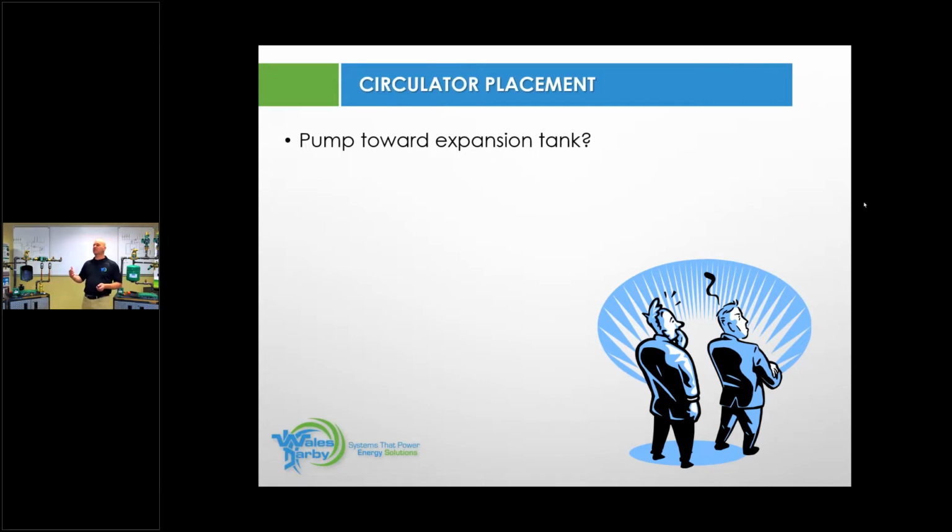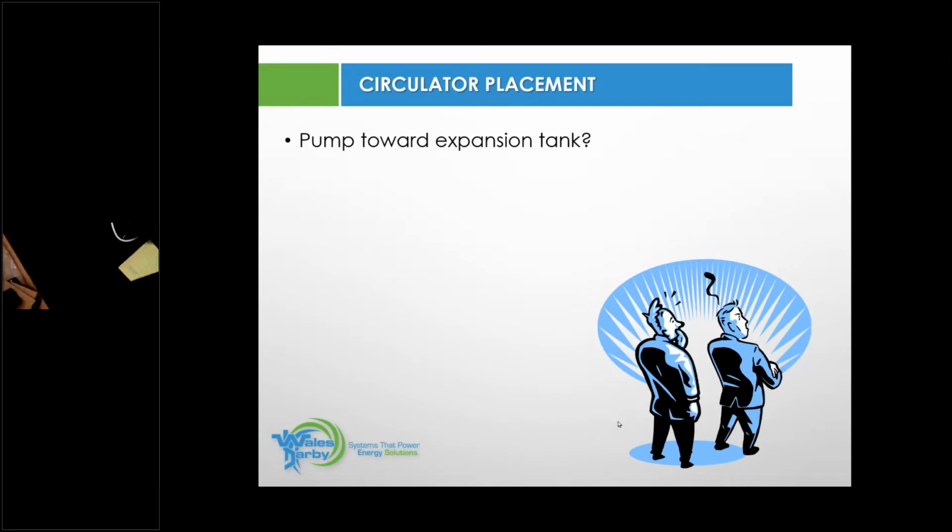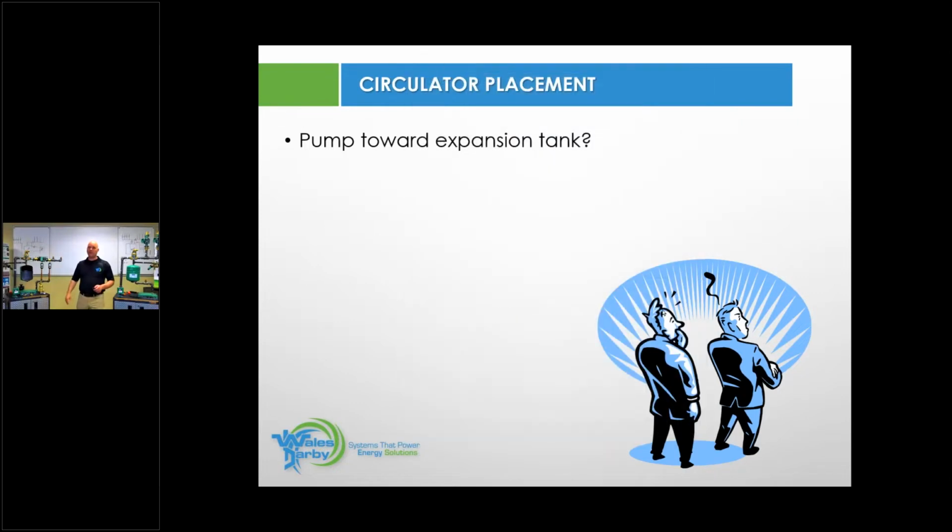And the reason this is a question is because you go back several years ago, a lot of boilers came with a circulator, and the circulators were mounted directly to the boiler. And they were mounted on a return pipe going into the boiler. The reason they were there, that was a packaging thing. It was much easier to package a circulator, holding it directly onto a metal header, and it was on the return. It just worked. So this circulator location, the pumping away theory, you read Dan Holohan's books, and a lot of it has to do with saying,